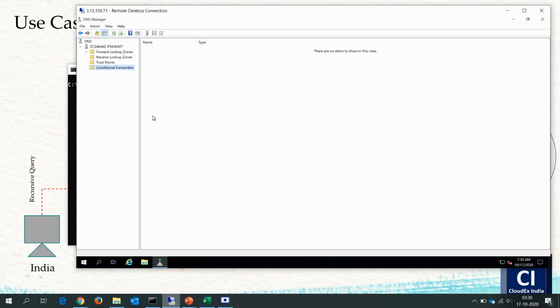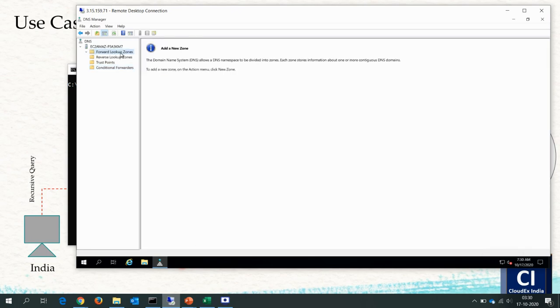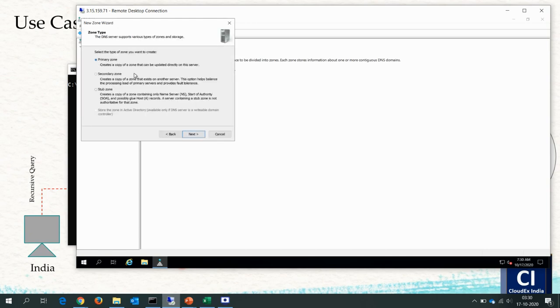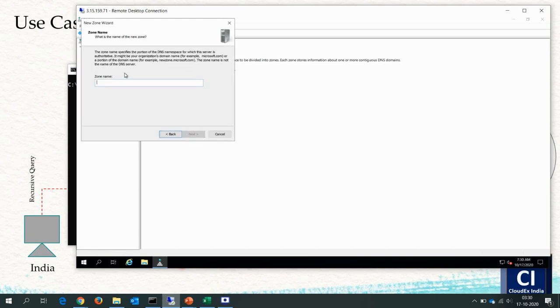Trust point we will talk about later. It's not the DNS session today, so we'll skip this one. Okay, so let's do one thing. We are talking about name to IP resolution, so create a forward lookup zone. Right click here, create a new zone, select the primary zone and give the name